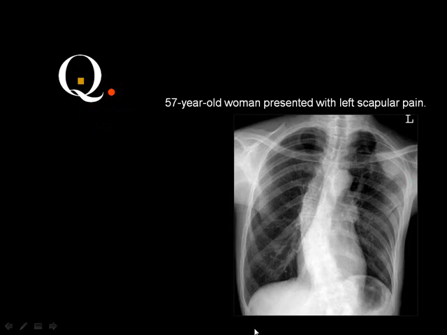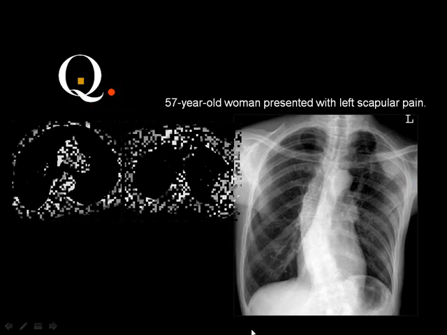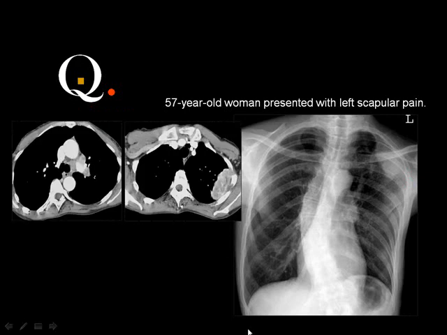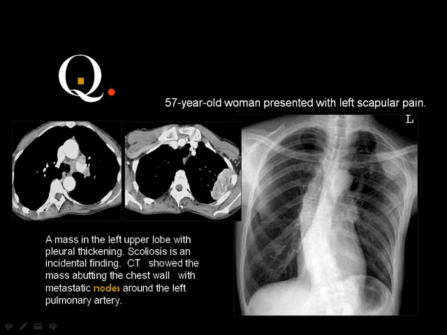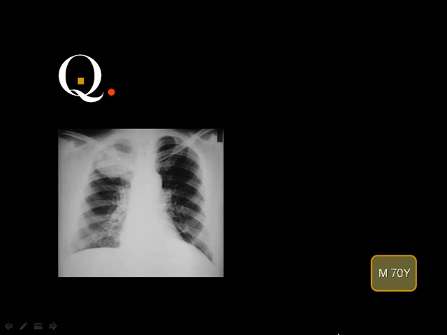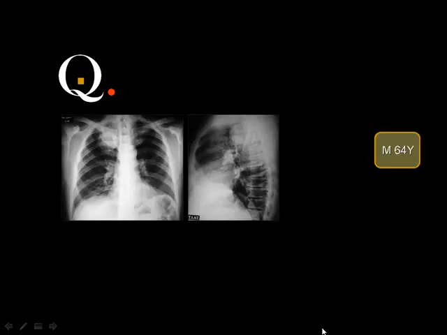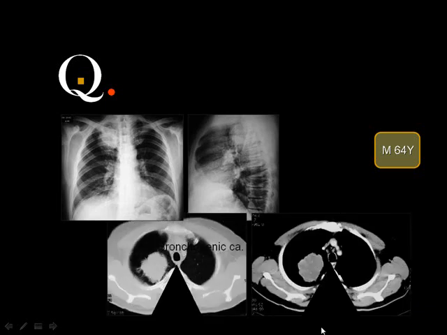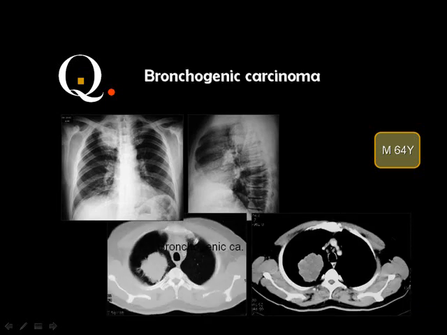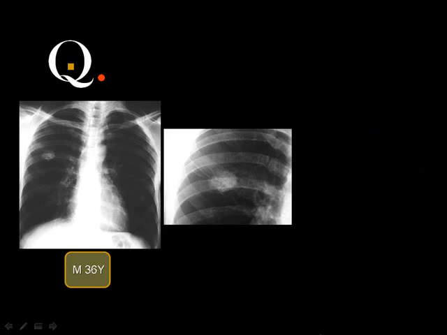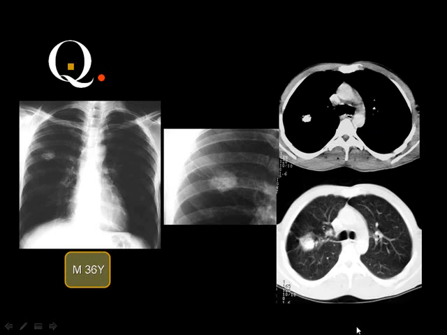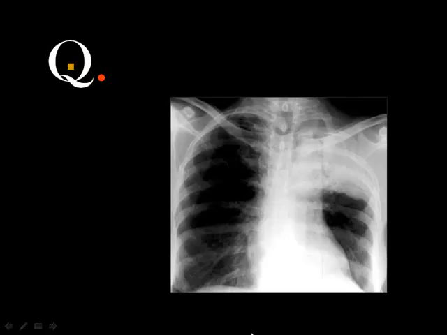Nodule mass batch cavity, mass, CT, containing calcium. No, calcium is not of significance in the masses. This is bronchogenic carcinoma. Okay, nodule mass batch cavity, mass, CT, bronchogenic carcinoma. Okay, nodule mass batch cavity, nodule, CT, tuberculoma, calcified nodule tuberculoma. Okay, nodule mass batch cavity,